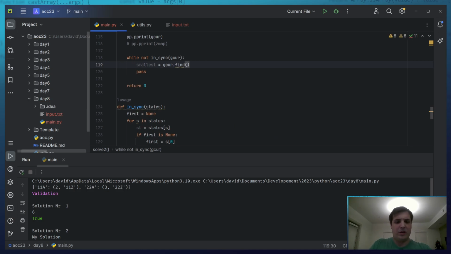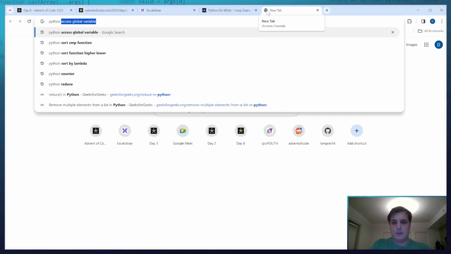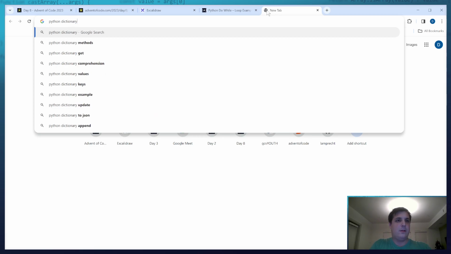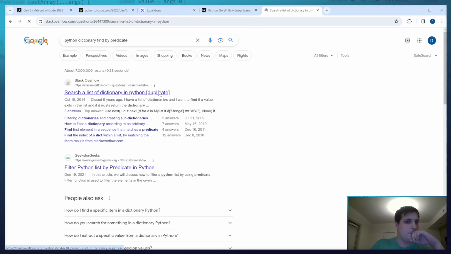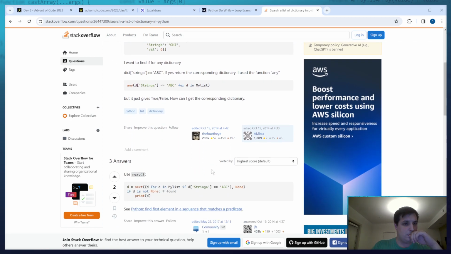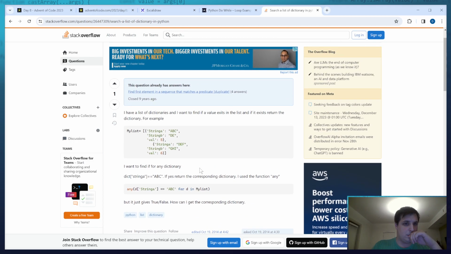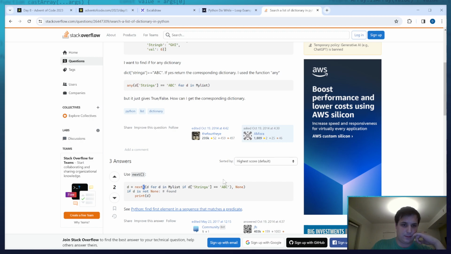How do I do dictionary find by predicate? I might have asked it multiple times already. Dictionary find by predicate. Any. Next.